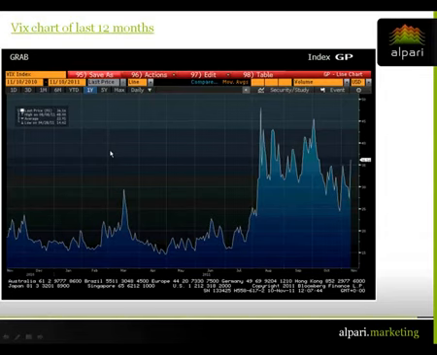Right, so this is a chart that I may have shown last time when we first did this webinar, before everything went wrong. It's the VIX chart. What we always talk about in terms of technical analysis, indicators and placing trades is volatility. Volatility is definitely what we need for any form of trading. Every trader wants it, every trader looks towards it, and we want to see volatility happen. Now, this is the VIX chart.